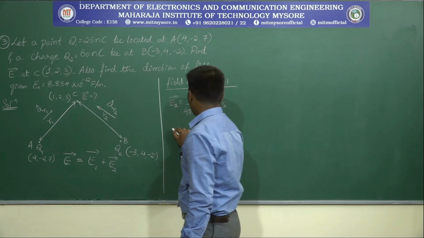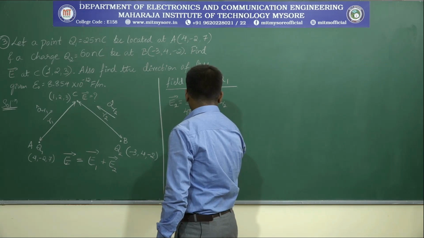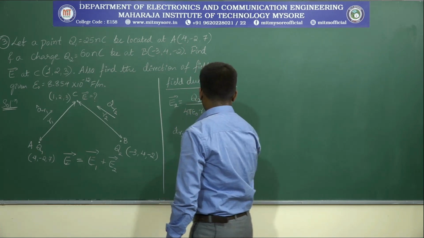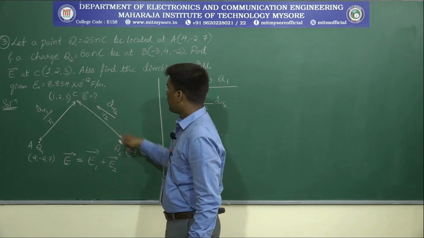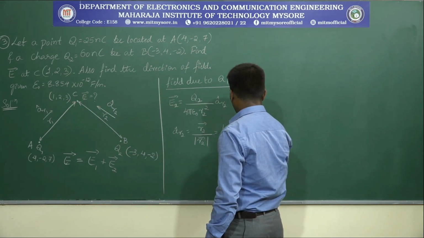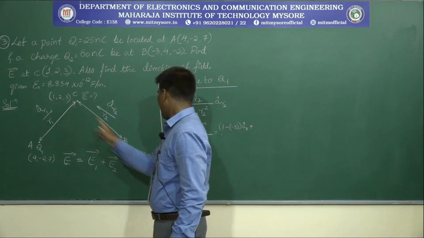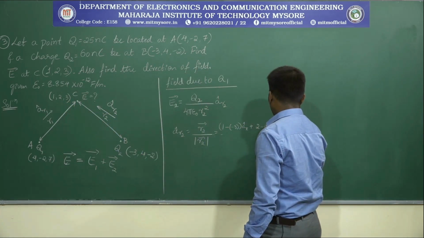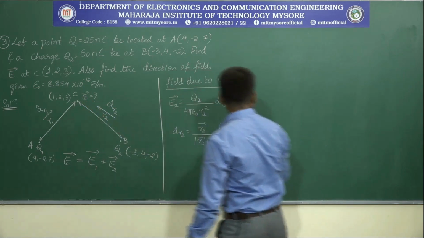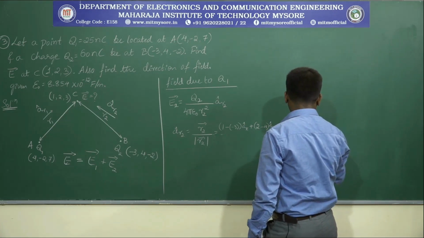So this is what we need to change. Therefore, we need to calculate A cap R2, that is R2 divided by magnitude of R2, that is substitute tip minus tail, like 1 minus of minus 3, 1 minus of minus 3 A cap x plus 2 minus 4, 2 minus 4 A cap y plus 3 minus of minus 2, 3 minus of minus 2 A cap z